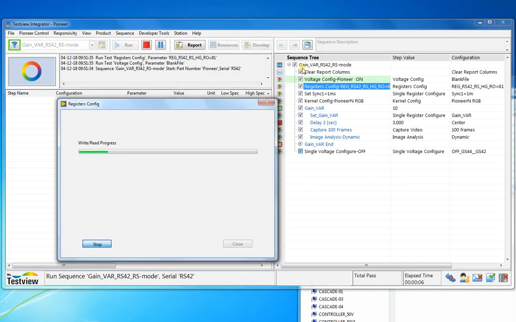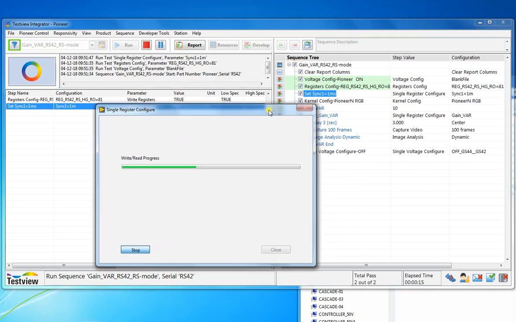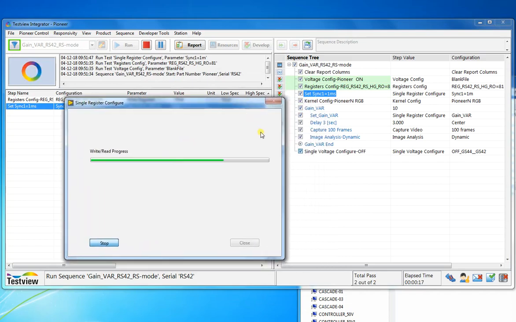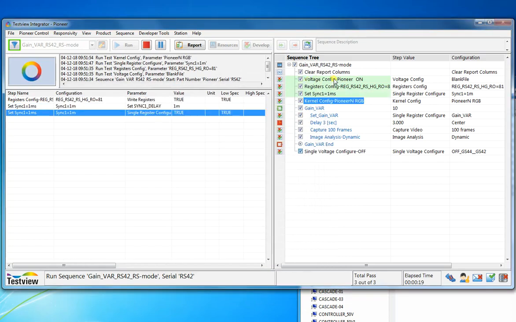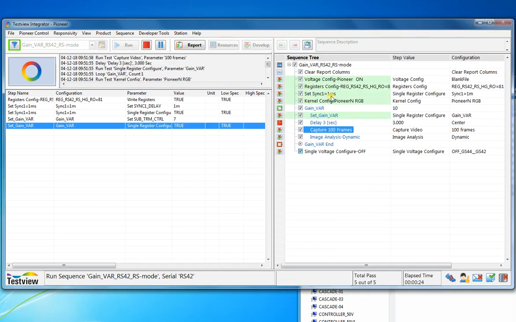You can see how each step of this sequence is running one at a time. It uploaded voltages, registers, and set one command, a single register configuration. In this sequence we capture 100 frames.